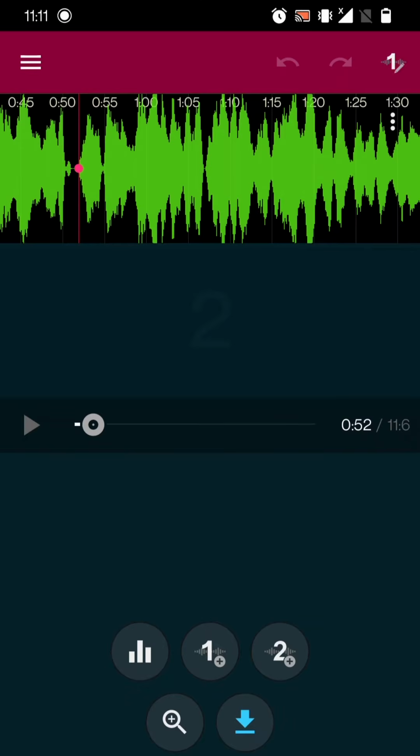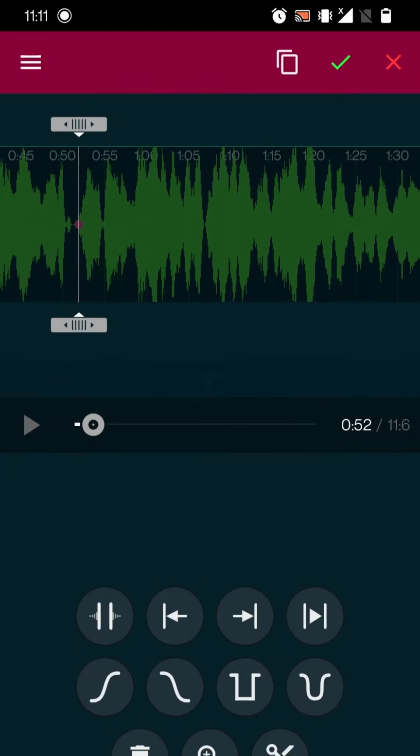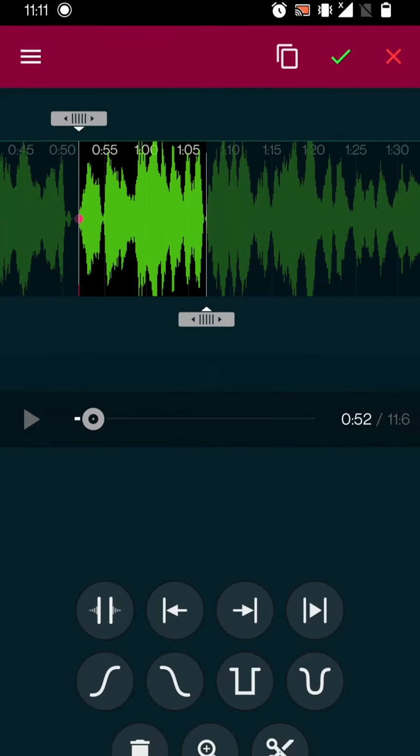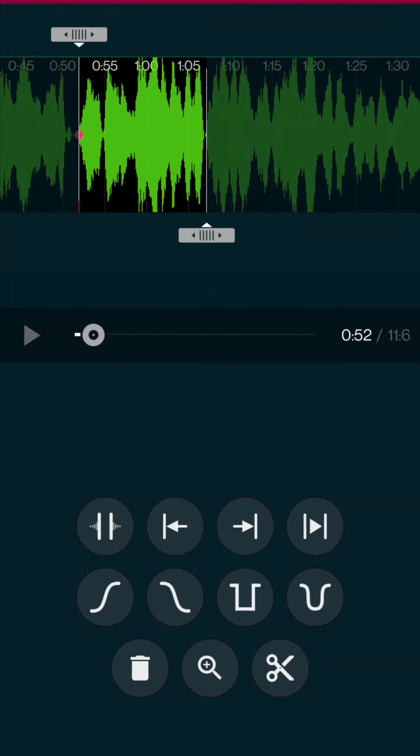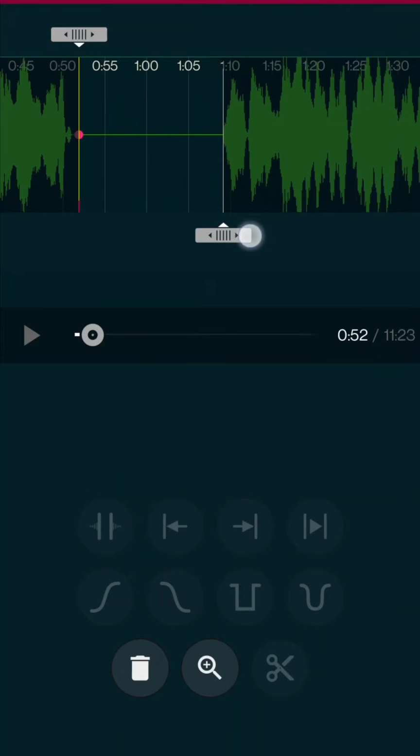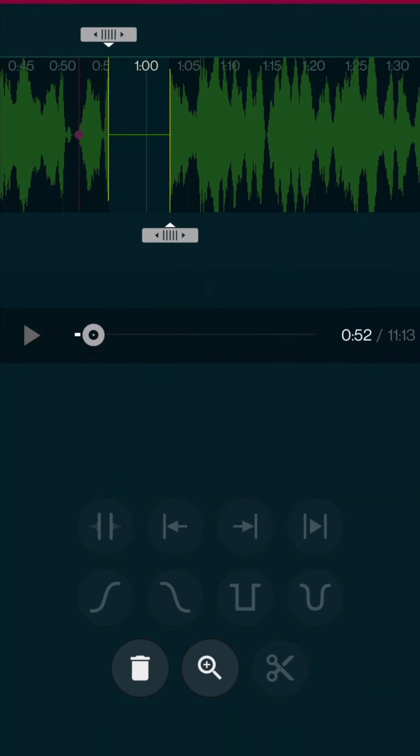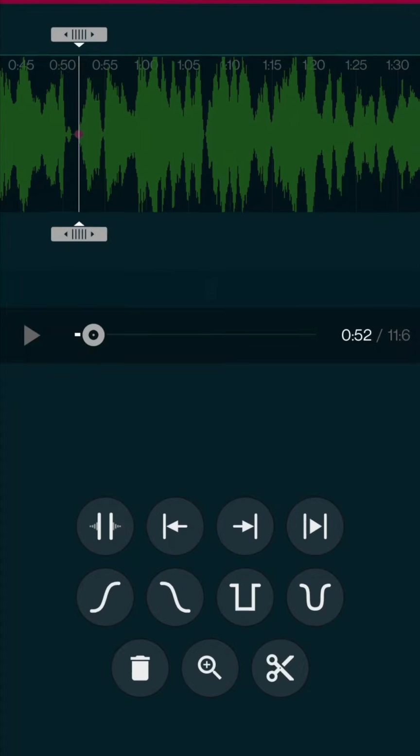To do this, we can click on the 3 points and select Edit, or we can use this shortcut, which does exactly the same. When editing, a new menu appears down at the bottom. The first button is used to split the audio. This is especially useful when the second track is also being used. We'll see an example later.